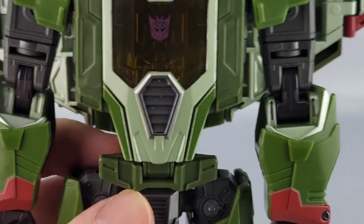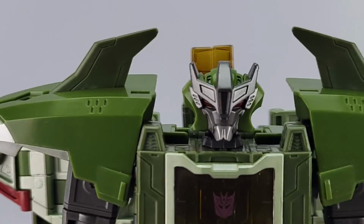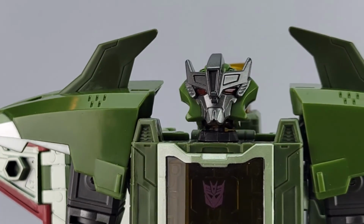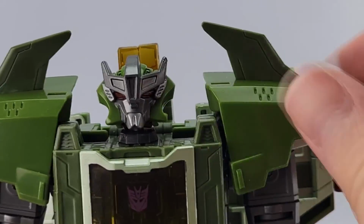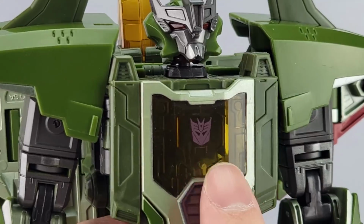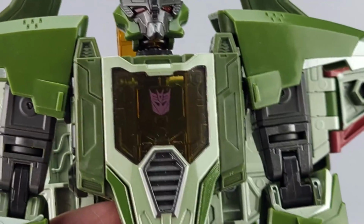I mean, generally you can see up here, you've got a really nice head sculpt. You've got the light piping, although it's not working super well here, but he does have light piping. He's got nice silver and green there, and a very stern, frowny face. He's got the big shoulders. I like big old shoulders like this, kind of armored shoulders. I think it just looks cool. He's got this translucent chest with the Decepticon symbols. He's got the light green and the gunmetal there,